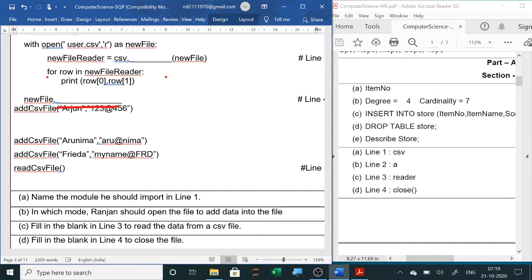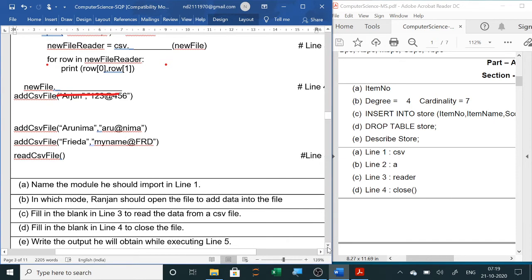Clear? Now the next question is for the output of this program. You can see the questions are given here at the bottom. Name the module he should import in line 1. So in line 1 he has to import csv. Whatever is asked, only that much you have to write.